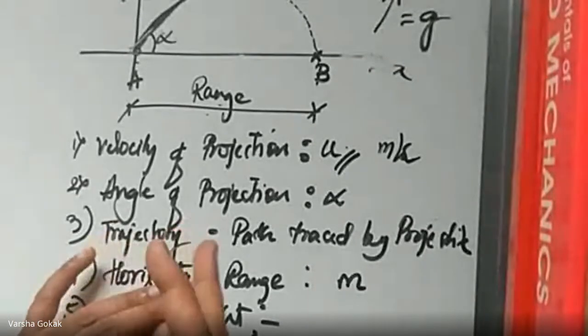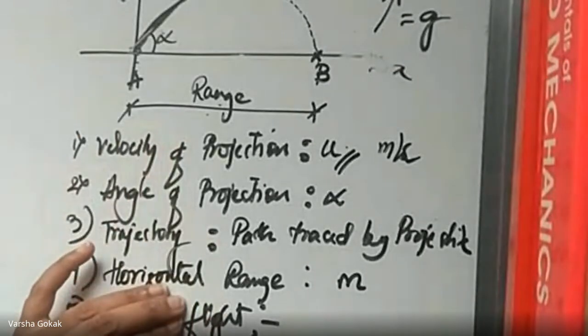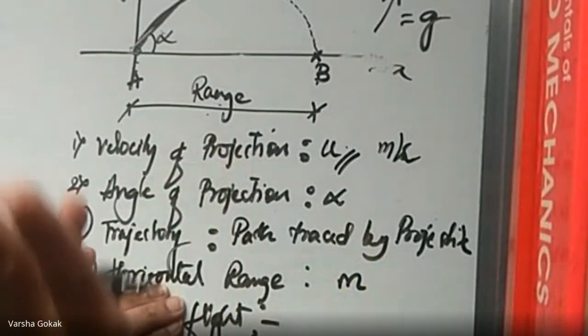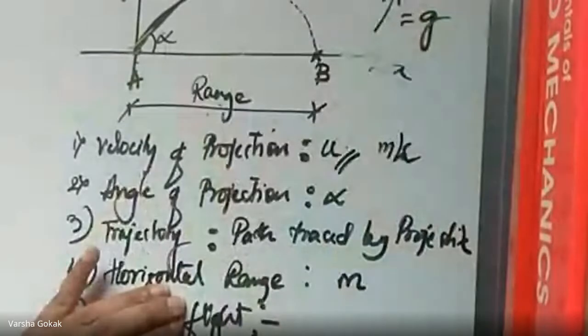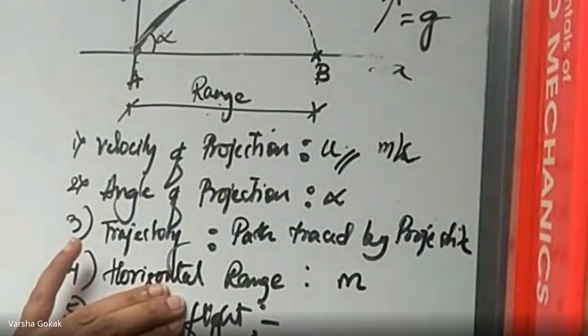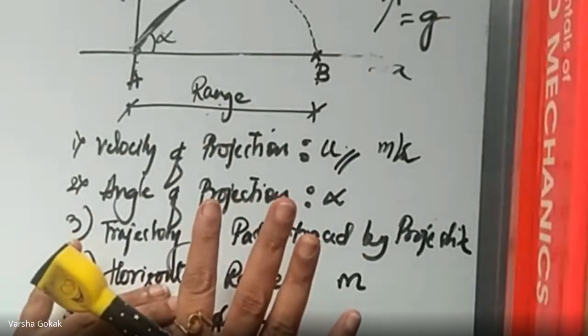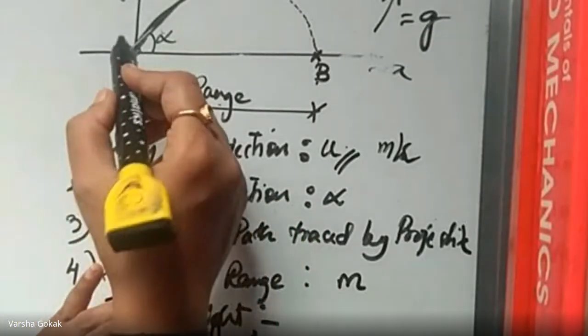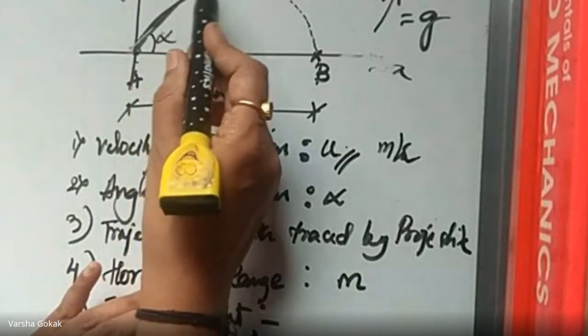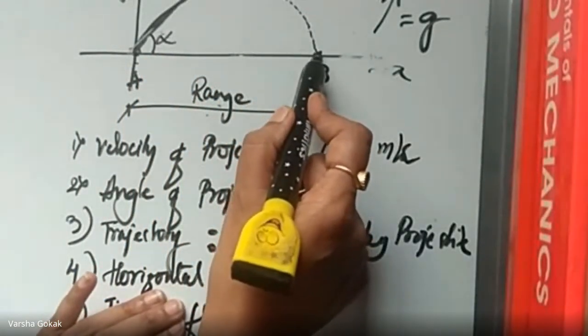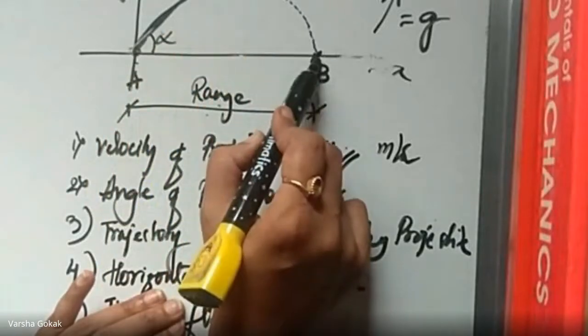I took a flight from Belgium to Goa. Oh, there also that is a projectile only. From Belgium it starts on top and then it goes and lands in Goa. It is going to be the same way. What is flight? Not that aeroplane flight, okay? Flight means when it starts above the ground, it is in the air till it comes and reaches the ground point B. Right? This is our flight.